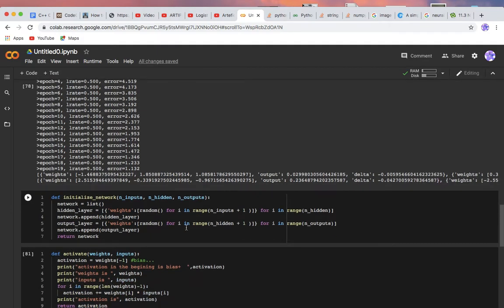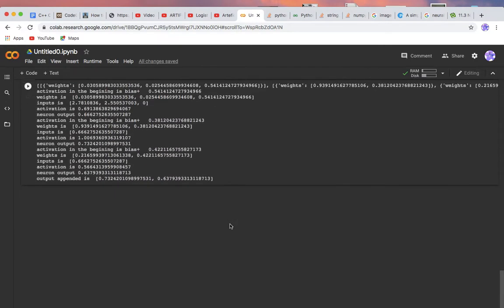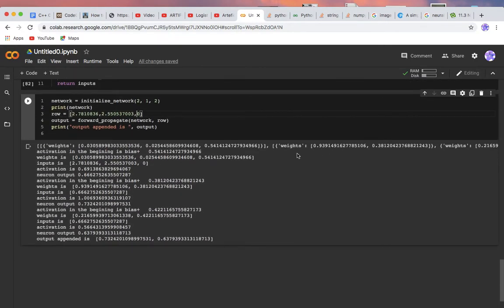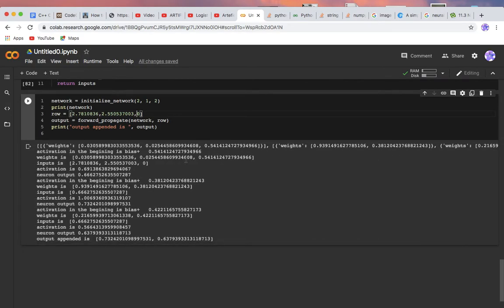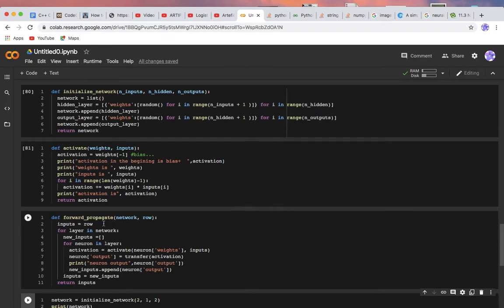Okay, we'll go ahead in this initialized network. For the output layer, the number of outputs will be the rows, and the number of outputs is 2, and the number of hidden layers is 1, so 1 plus 1. So 2 rows, 2 columns will be our output layer. So these are the weights of the output layer. You can see 2 rows, 2 columns. Got it? So these are our weights. Understood guys? Let's go to forward propagation.